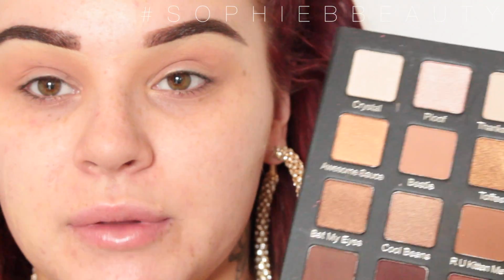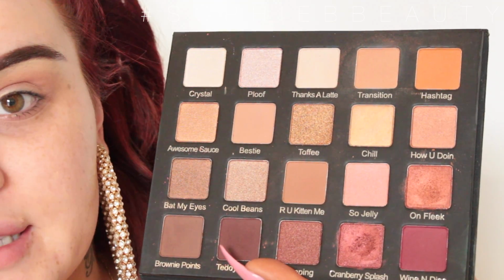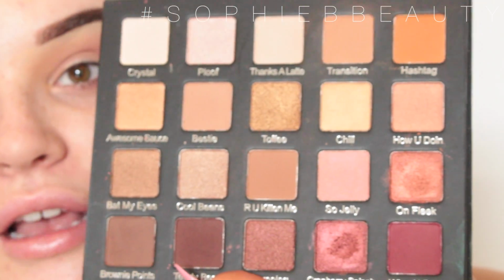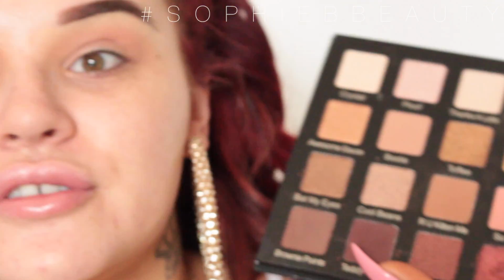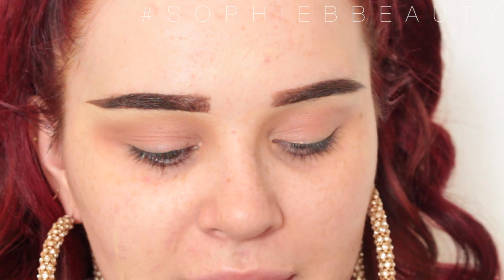So next I'm going to go in with probably my favourite palette ever made and ever created. This is the Violet Voss Holy Grail palette, and the name is no joke. This is a Holy Grail palette, like I can't even. I'm doing so many tutorials based on this look. I love it. I'm going to go in with the shade Transition, which is just a nice caramelly brown shade,